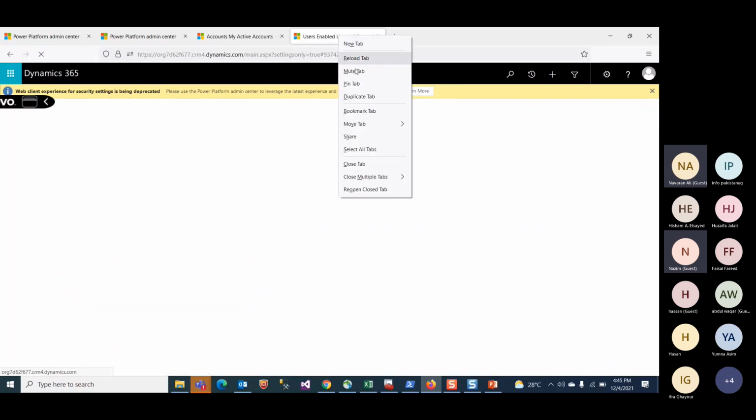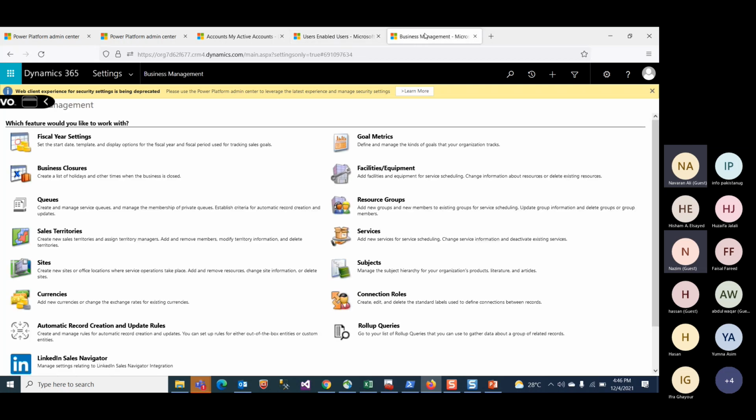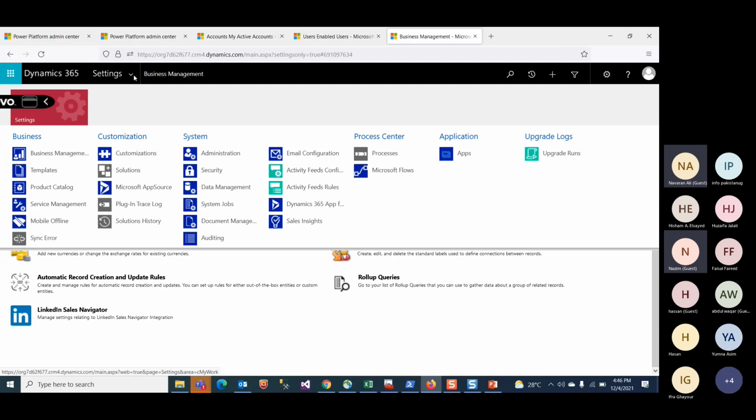Finally, it opened. Okay, so here you can see